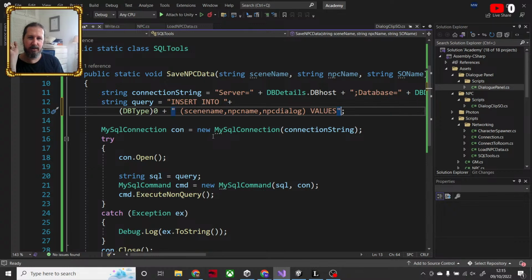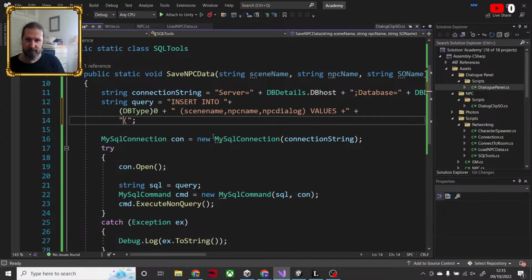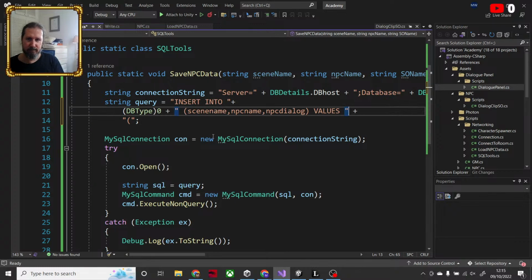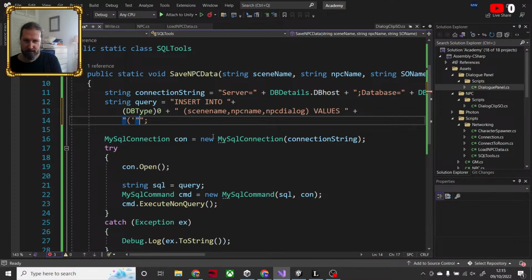And the values are going to be that, close plus plus, reopen that comma.